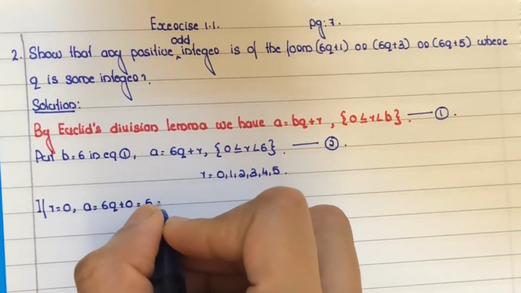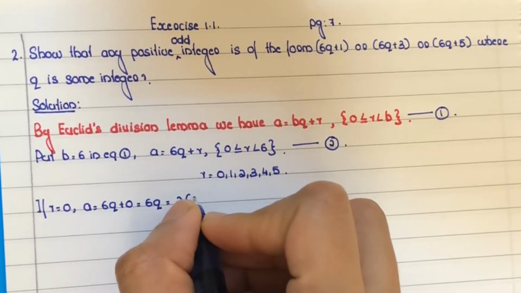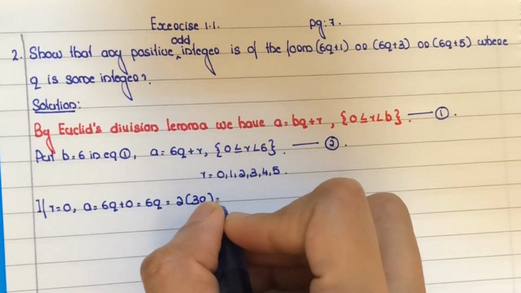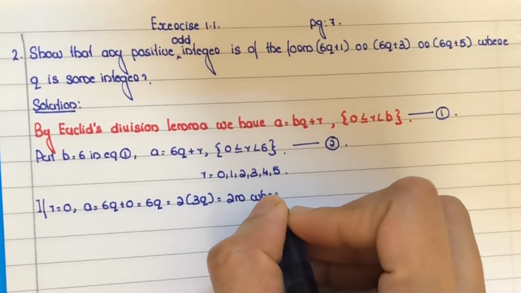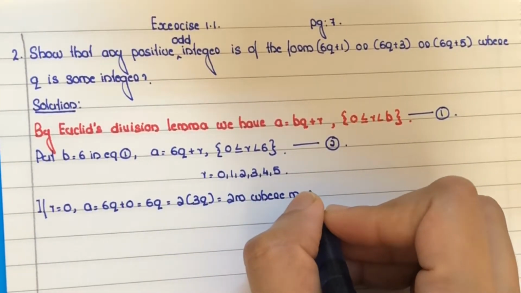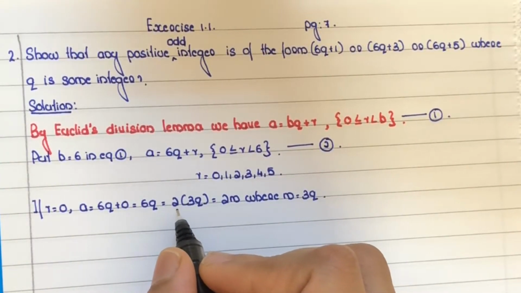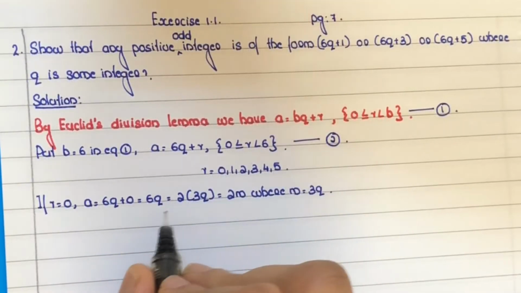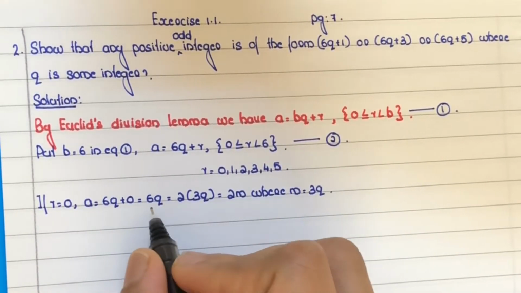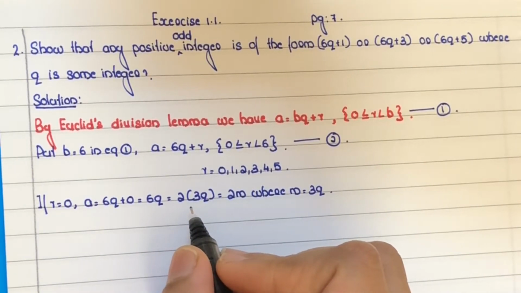That is equal to 6q. Okay, 6q you can write as 2 into 3q, that is equal to 2 into m, where m is equal to 3q. Why did we take this 2 outside? Because our question is to distinguish odd and even integers. If we can write a number equal to 2 into a constant, here 6q as 2 into 3q, that means it is divisible by 2, that is, it is an even number.